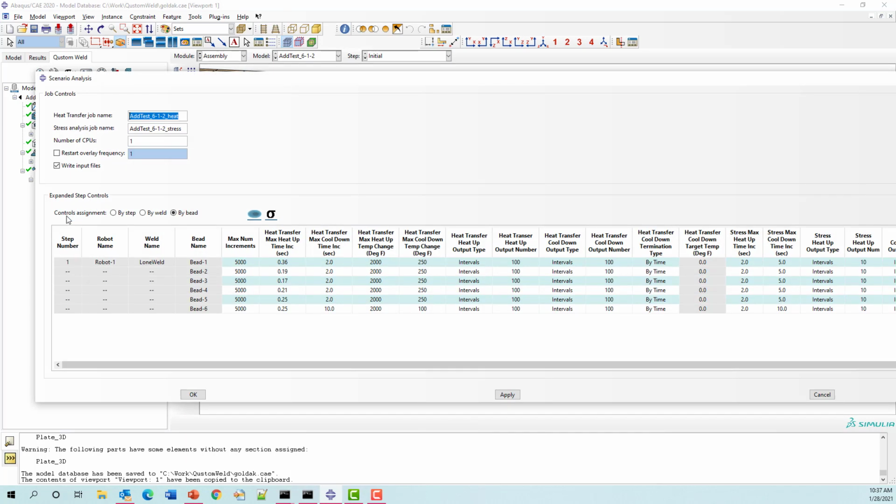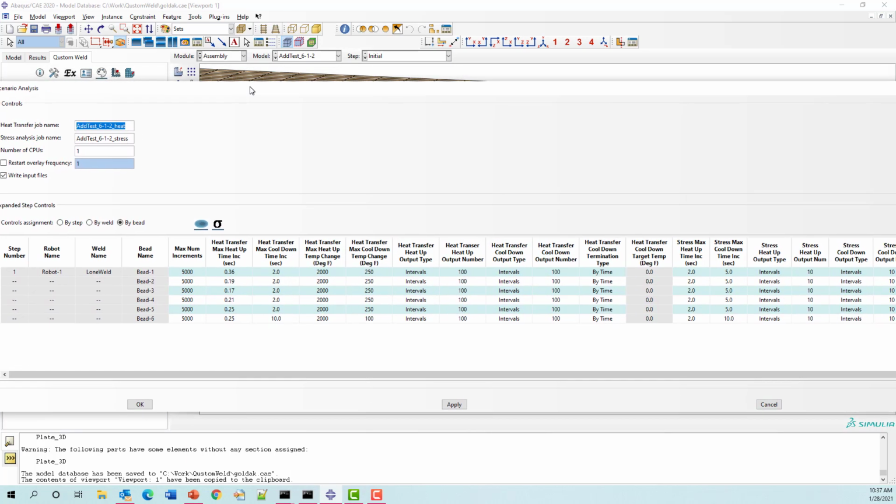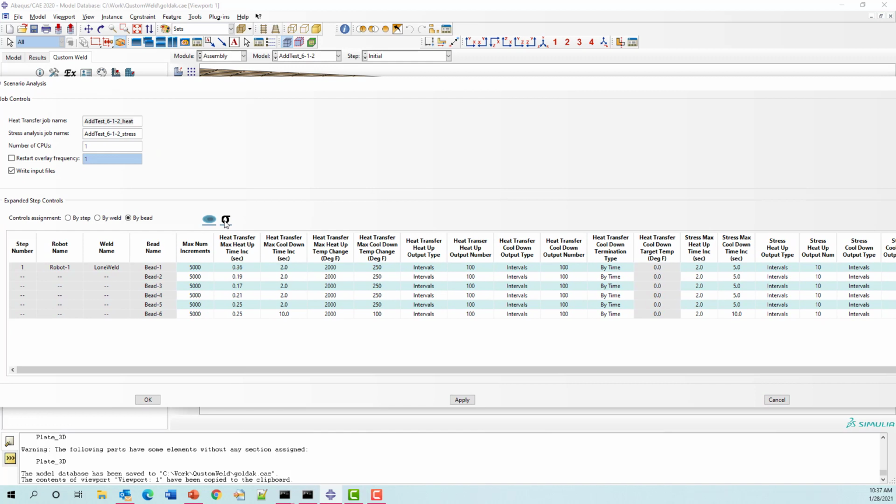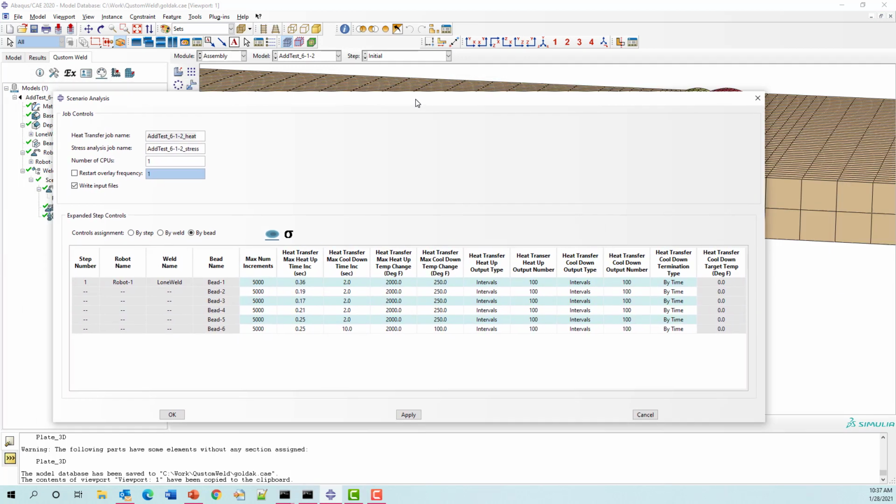And then finally, we go to an analysis. This is where we set up our Abaqus analysis. And again, let's cut down on the number of columns displayed. So this just tells us, okay, we've got the sequence of how the robots are putting the welds down. How are we going to set the analysis controls? So for any given weld, lone weld, in any given bead, in that step,